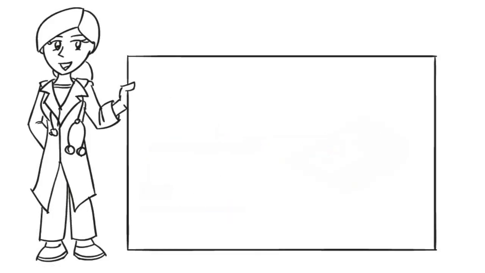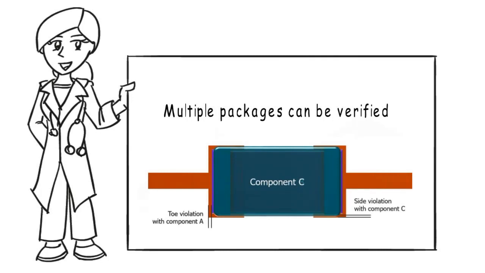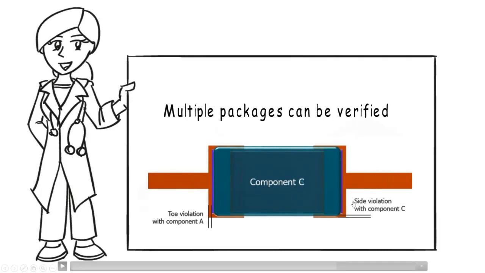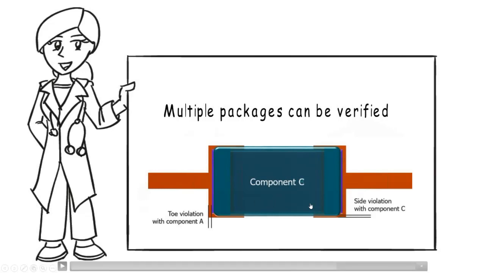All right, another value that a DFM tool can bring to the table is if you have multiple packages. A lot of times, especially with passive components, popcorn parts, the supplier can end up choosing a manufacturer for an item. Well, not every manufacturer makes a package the exact same size as another, so being able to validate your AVL components